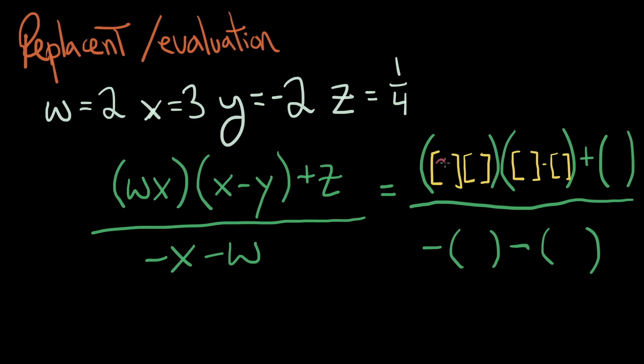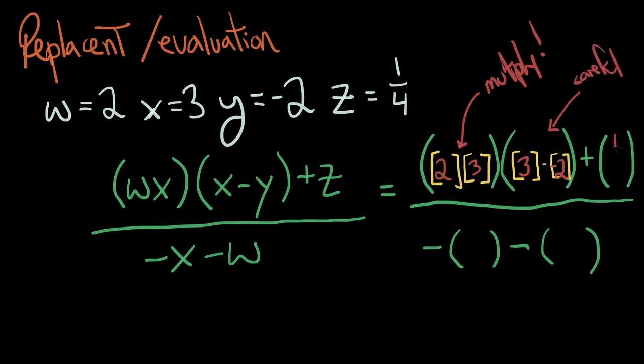So W was 2. X was 3. Don't forget, when two letters are beside each other, that means you're multiplying. That doesn't mean the number is 23. Don't do it. Don't do it. That just makes me get angry. This is a double negative happening right here. So it's a double negative, so be careful. Careful. And of course we have a quarter. I don't know why I put that there, but I just did. Over here,